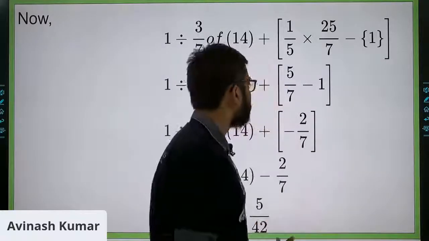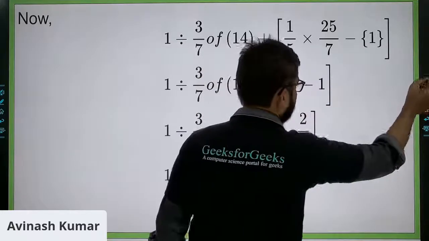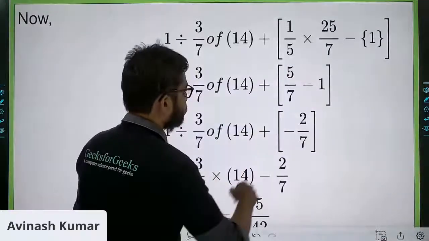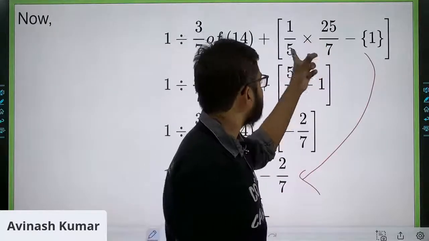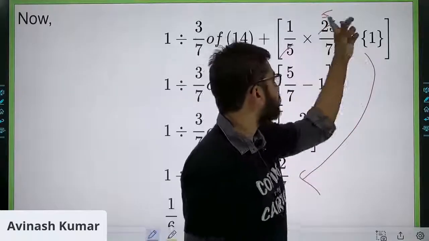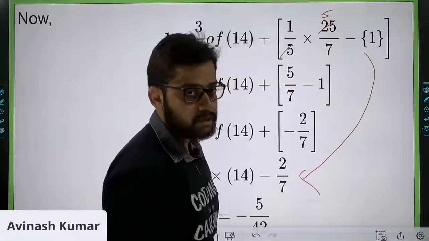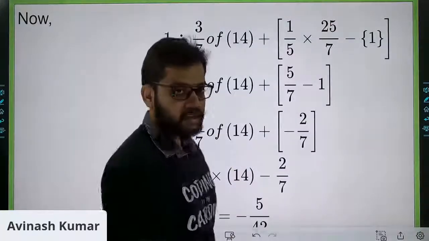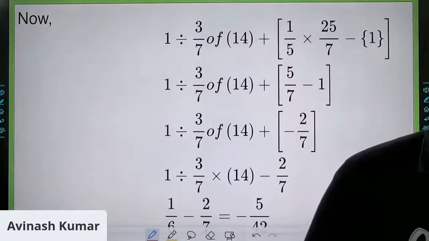In the examination we only care about going from here, we can directly jump to this step. If I'm saying from here to here, I can directly jump through this step. So 1 by 5 multiplied by 5 by 7, directly 5 fives are 25, 5 by 7 minus 1 will give you minus 2 by 7. So in the examination we are going to skip 2 or 3 steps. Okay, so this question is clear. Is there any doubt in this question? Any doubt?